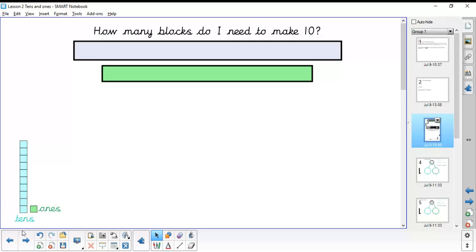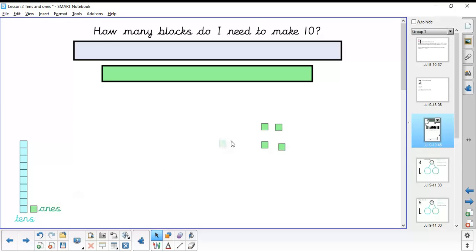Okay, so in the bottom left-hand corner, we have some Dean's blocks. We have a block of 10, we're going to call them towers, a tower of 10, and we also have a block of 1. So if I was going to make 10, there's two ways I could do it. I could either have 10 of the ones, so I've got 1, 2, 3,